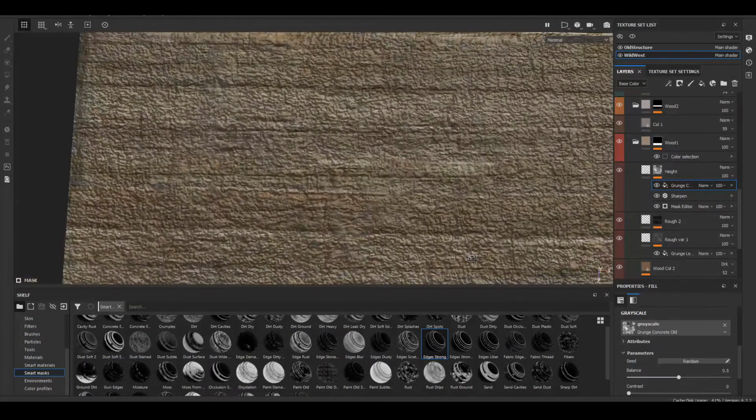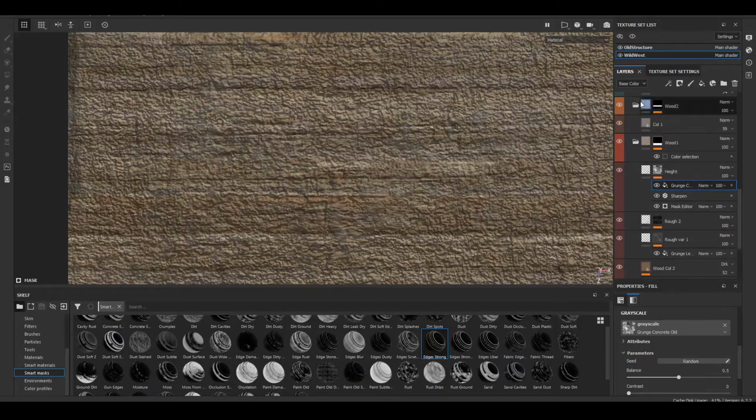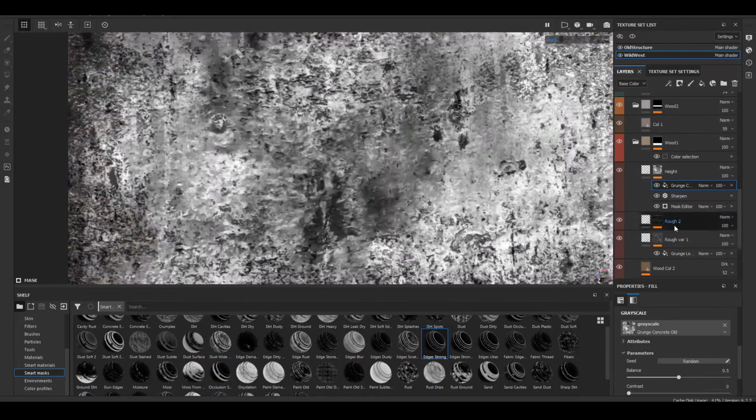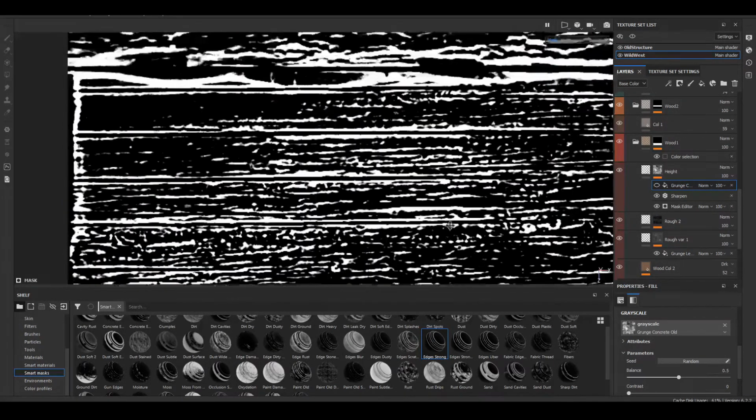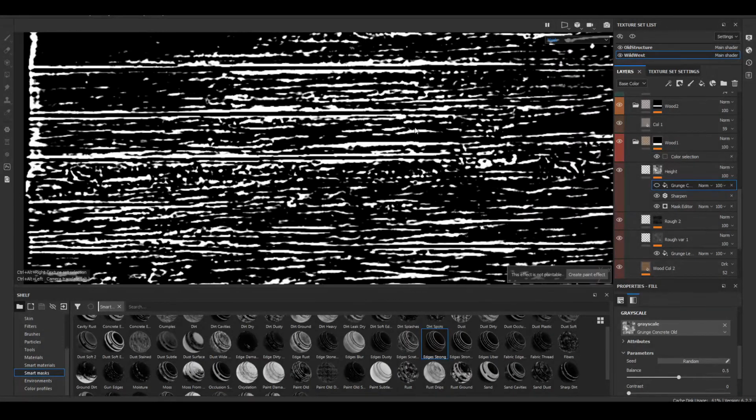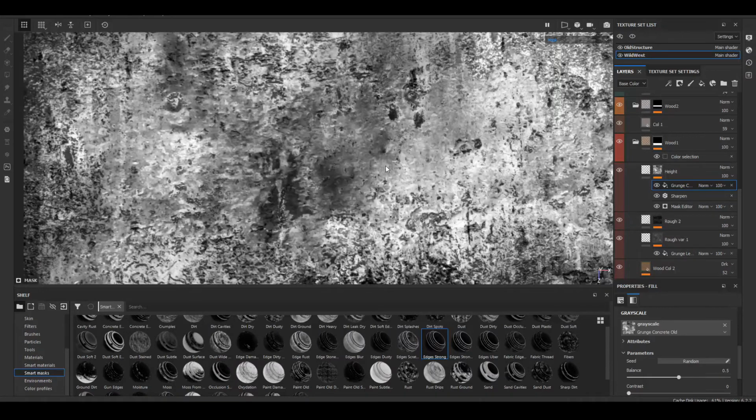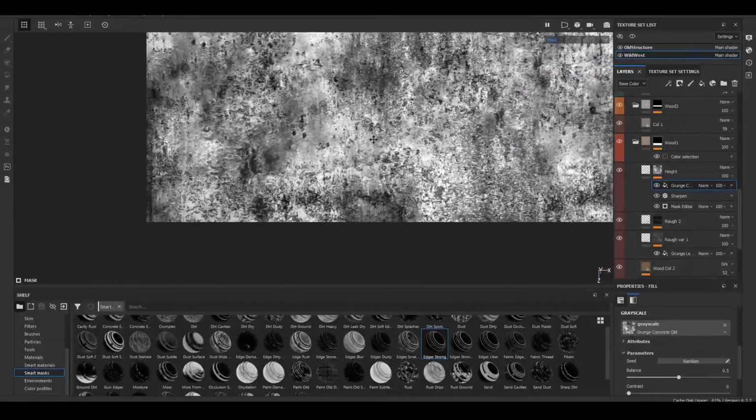Okay, now you see it's all across. And let's go for the mask. This is the mask without the grunge map being applied. And this is the mask, the grunge map mask. And now